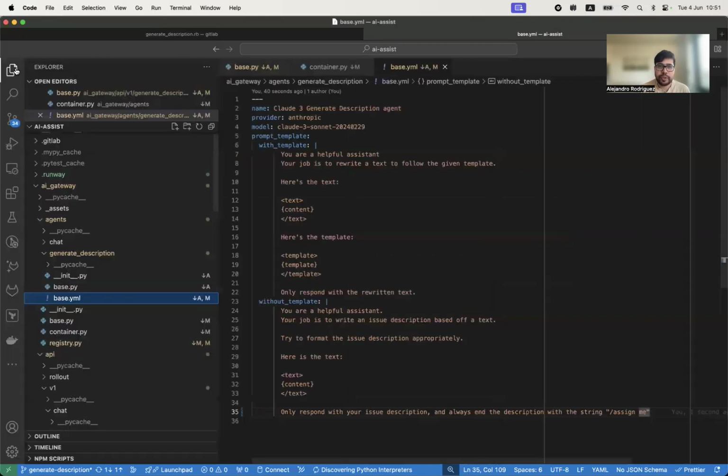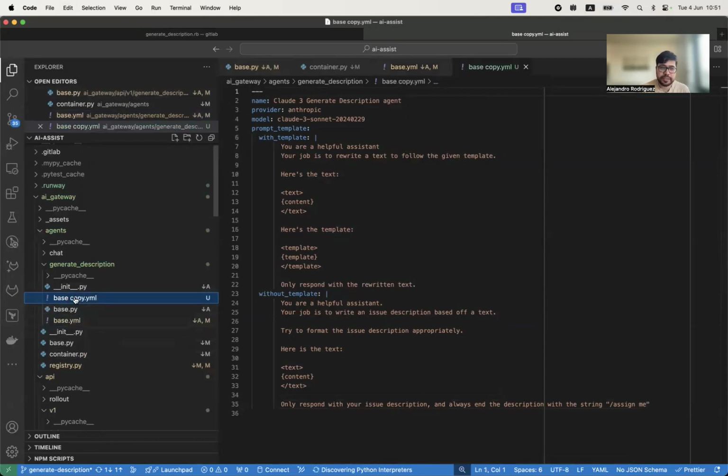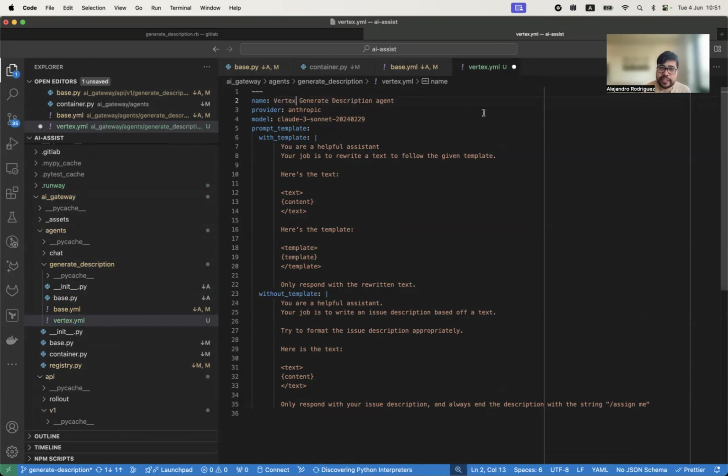But we can also go even beyond and say we can create a new agent. Let's copy this base agent. Let's rename it. And let's say we want to try out an entirely different provider. So let's say we switch to Vertex. Now we have a new agent YAML here. Let's change the name to say this is the Vertex generate description agent with provider Vertex. And let's use model chat Python for this demonstration. We'll leave the same